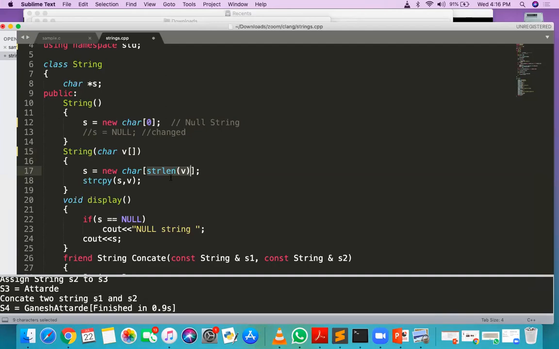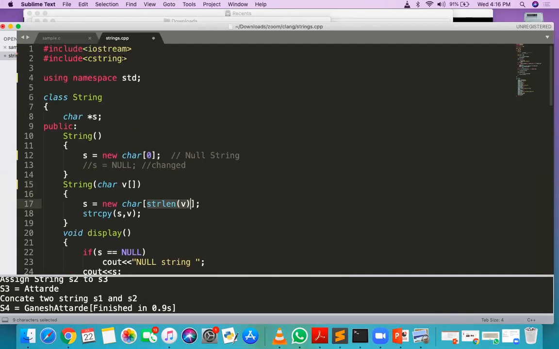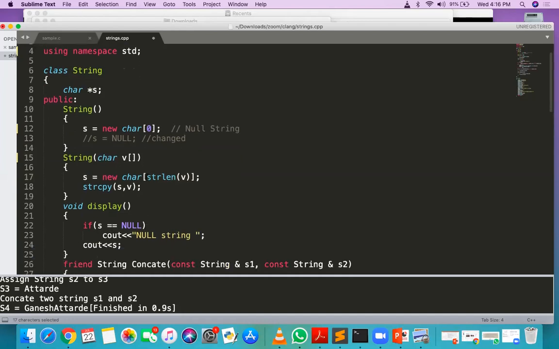That's why we have included the cstring header file here. The length of v gets automatically calculated, and depending on that length, one dynamic memory gets created, and now s is pointing to that dynamic memory.